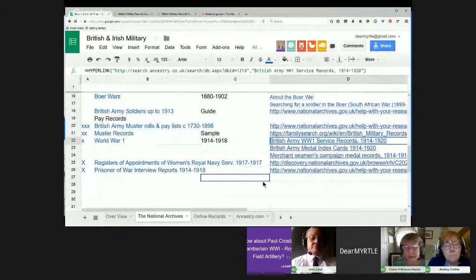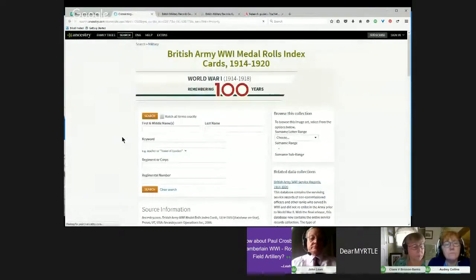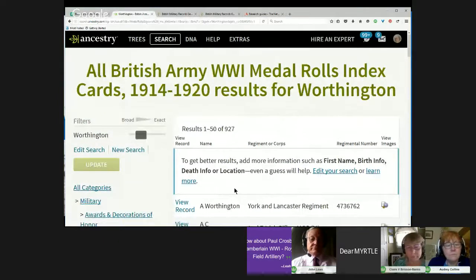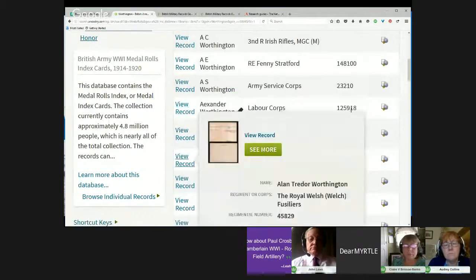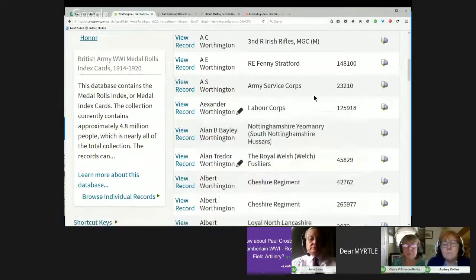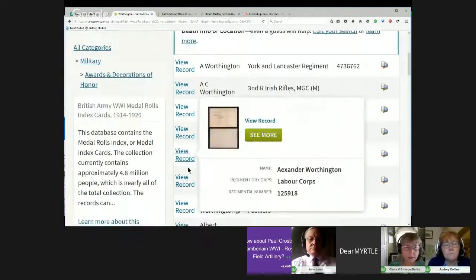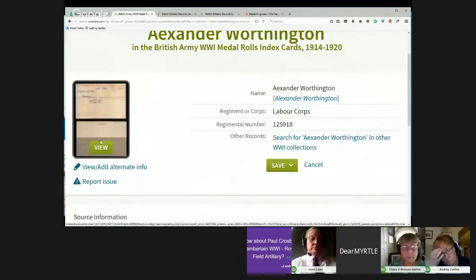All right. So now if you want to click, there's the medal index cards that Audrey was talking about, next there. Okay, got it. That's what you wanted us to look at. So now I'm going to look for Worthington, just as a sample, and we'll take Alexander. First I want to talk about the difference between going directly here, to the little magnifying glass looking at a document, in this part where it says view record. Because when you view record, you're actually viewing the transcription as well as having an option to look at the